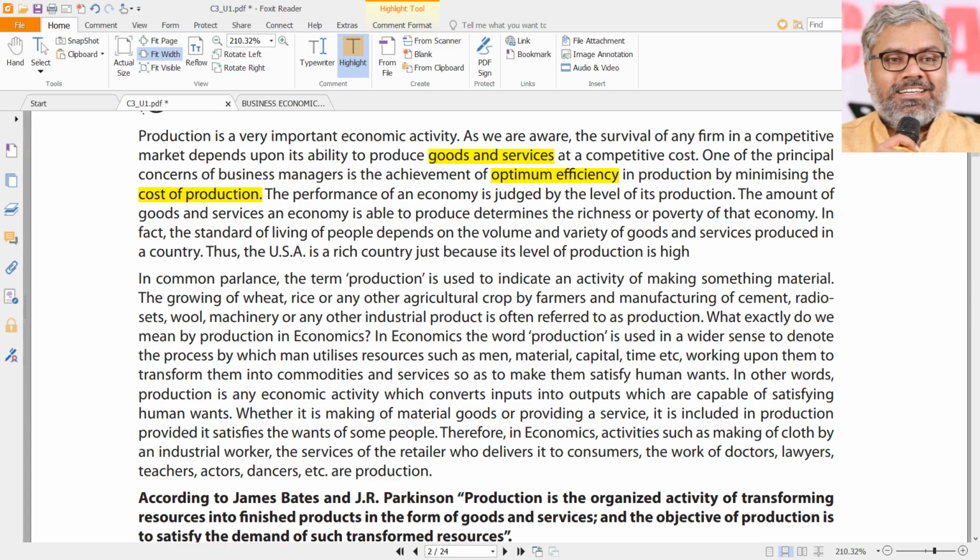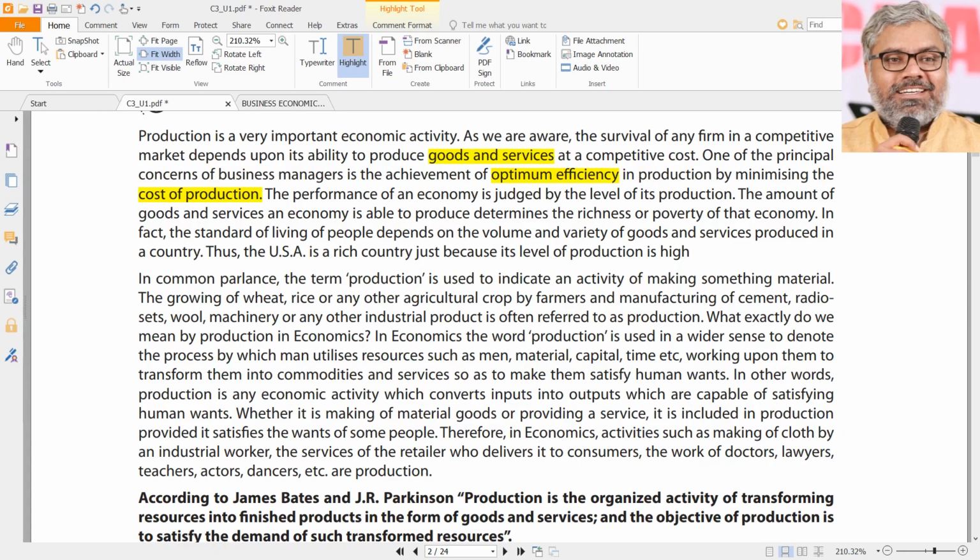But do we know that every organization tries to optimize efficiency? Yes, definitely. Every organization tries to minimize their cost of production? Yes, definitely. That's all. How to do that? That's a big thing. That's what organizations will do. People on the ground who work, they will do. We are only reading about what they will do.